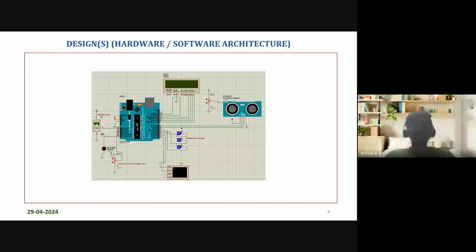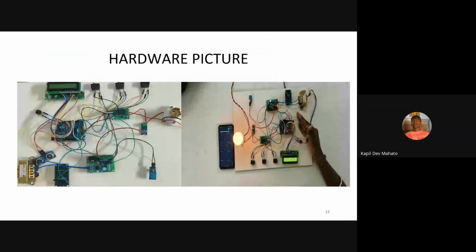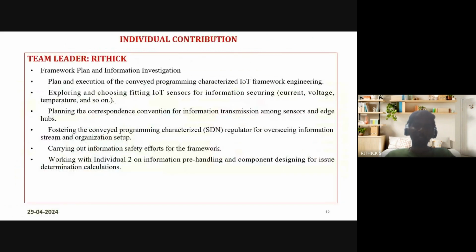Okay, this is the software architecture, which is the design of our project, and this is a result where we set the temperature high, shown with the virtual terminal. We get the fault, and this is the main hardware picture. And this is the Blynk app, which is used to give the real-time data. These are the individual contributions which are already